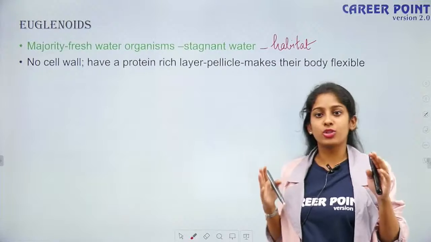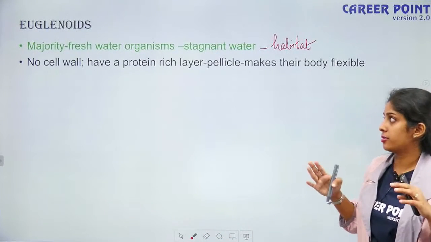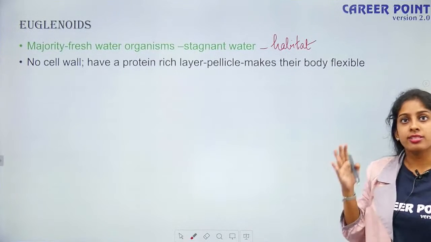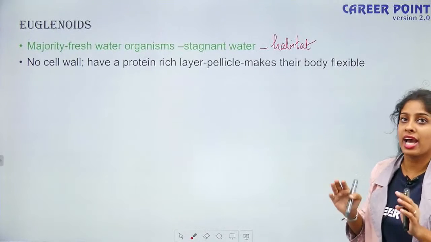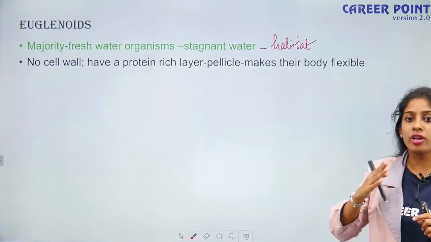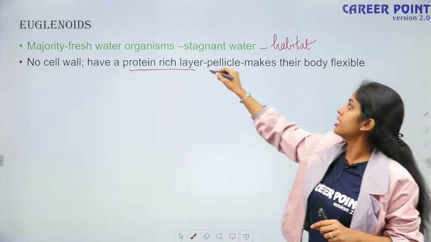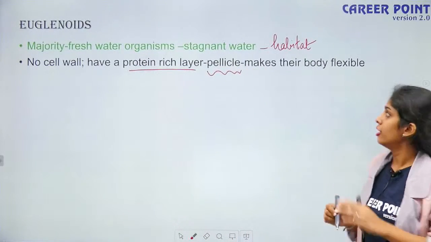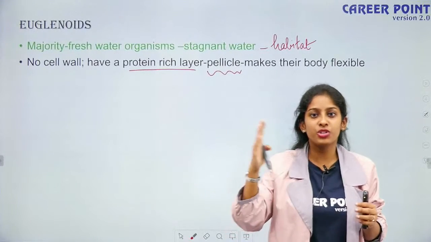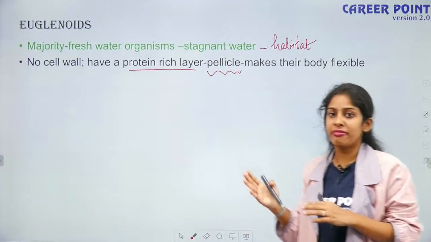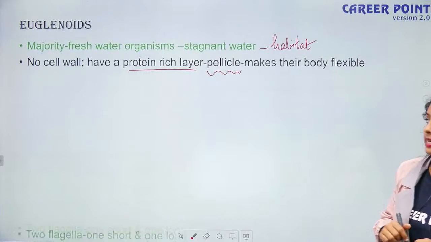In case of diatoms, I told you you have a soapbox-like type. It is embedded with silica and it is not destructible. In case of your dinoflagellates, again you have a stiff cellulose cell wall. But in case of your euglenoids, you do not have a cell wall. Instead, what compensates for the loss of a cell wall is a protein-rich layer, and that is called a pellicle. Fine? That pellicle makes their body very flexible. It's understood, right? If you don't have a cell wall, the rigidity is compromised. So your cell is pretty flexible. So remember the term pellicle.